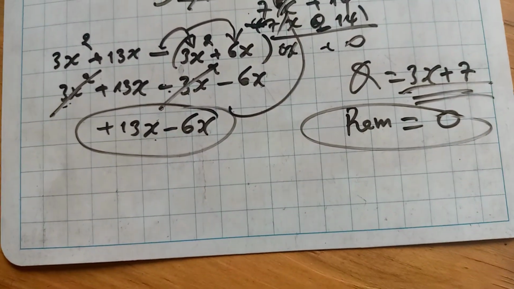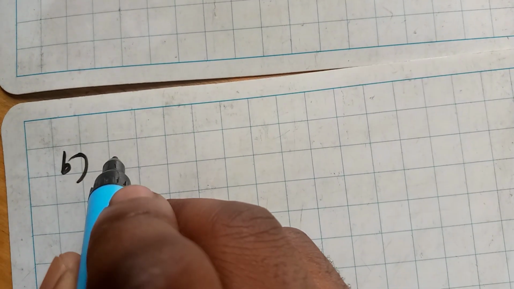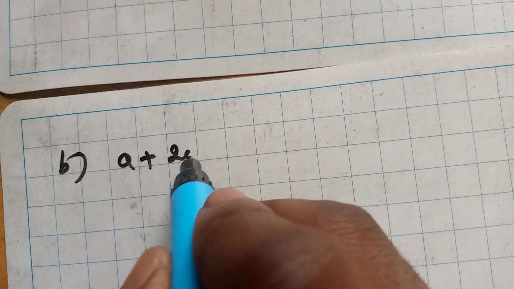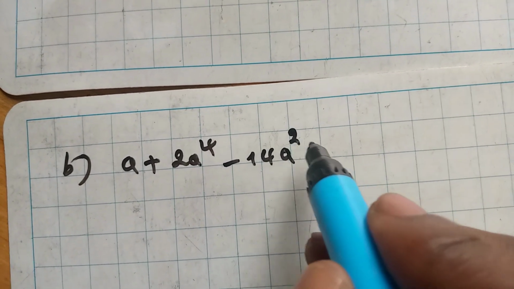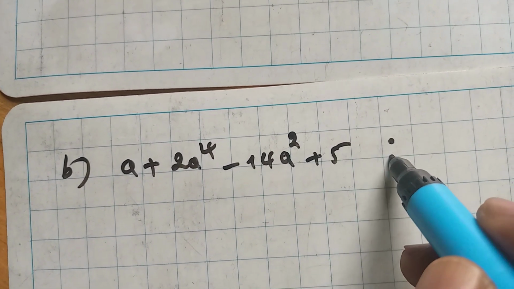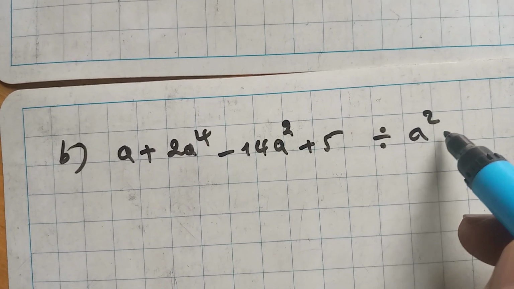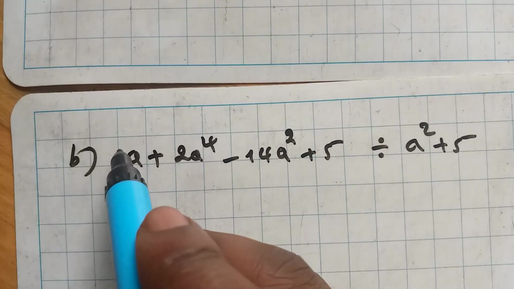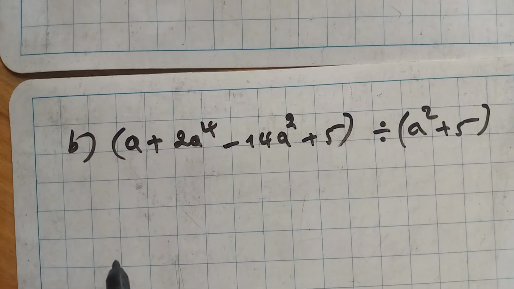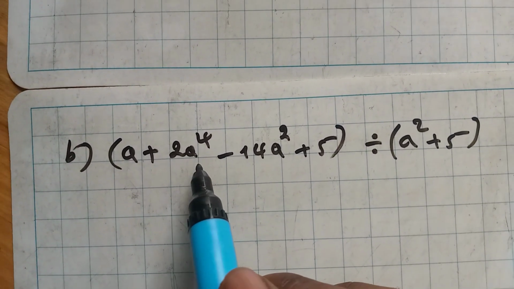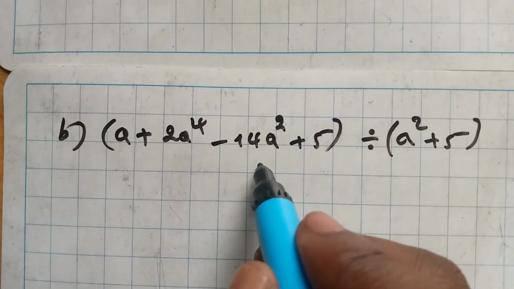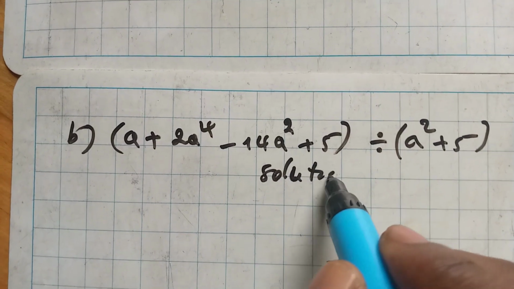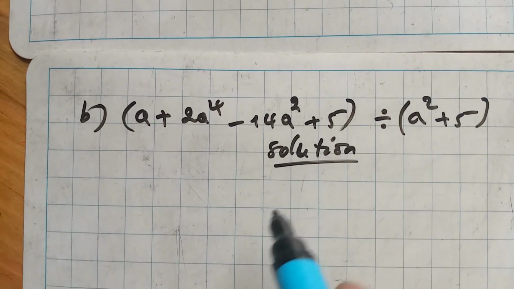Number B here, we have a plus 2a power 4 minus 14a squared plus 5. Then we divide by a squared plus 5, right? We have a power 4, we have negative 14a, right? So solution, we have